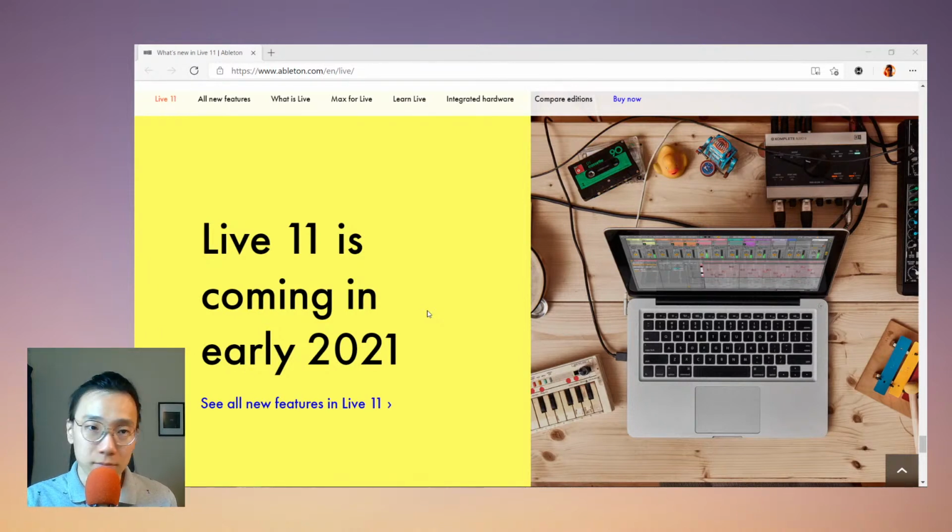So, Live 11 is coming soon. And so today we're going to look into how Live developed, especially on the Live Lite side. So just now we talked about Live 9 having introduced Link, the new Simpler, things like that, right? And from Live 9,